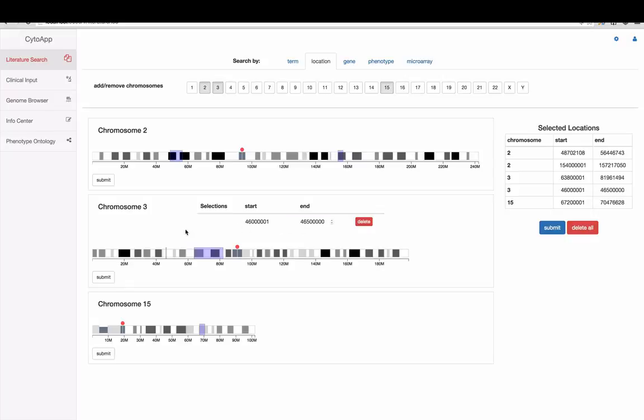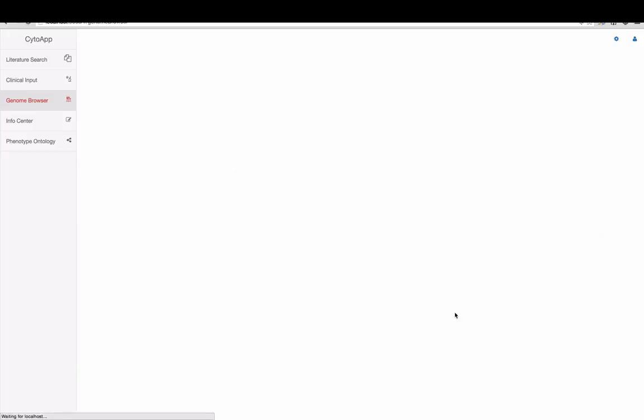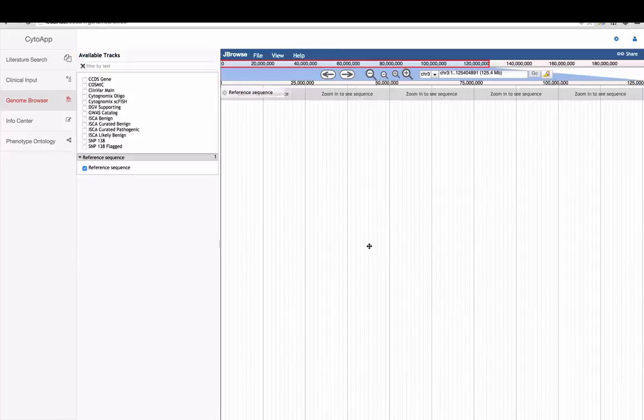The user can then submit a query based on that particular selection and sees a representation of the genes that exist within that region. In this case, the user is interested in the LTF gene and wants to view that gene in the genome browser. The genome browser is another component of our system,